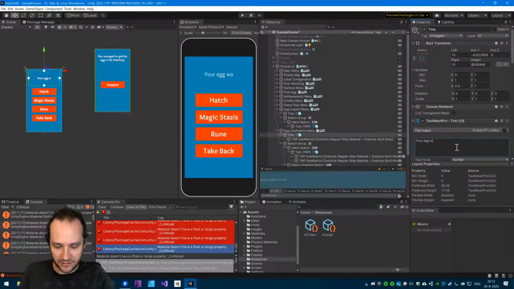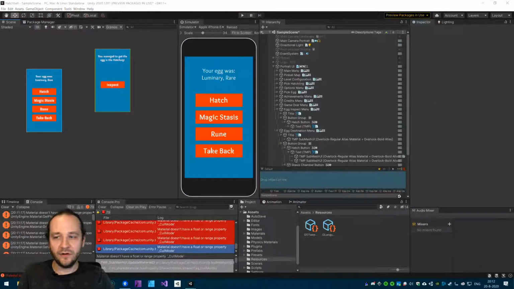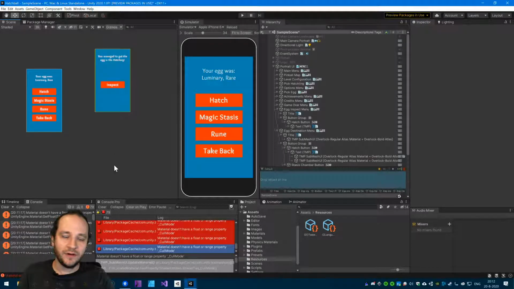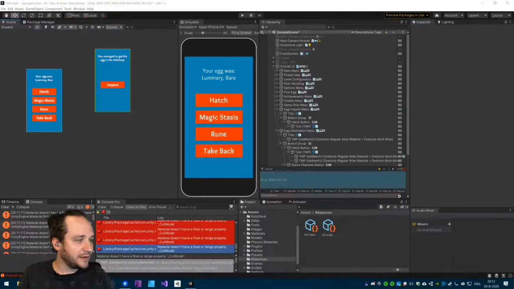Your egg was, let's say, luminary, and then rare, something like that. So if you play the game for longer, you will know which types of creatures it could possibly be. I could say, let's see here, Hatchball. For instance, if you get a rare luminary,